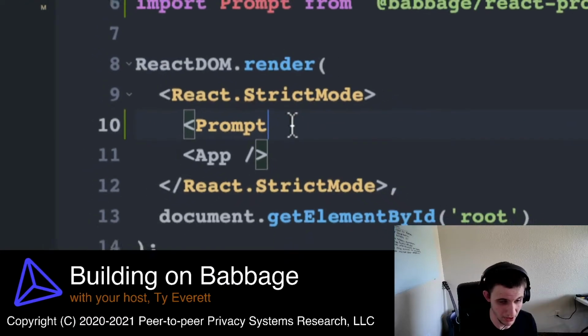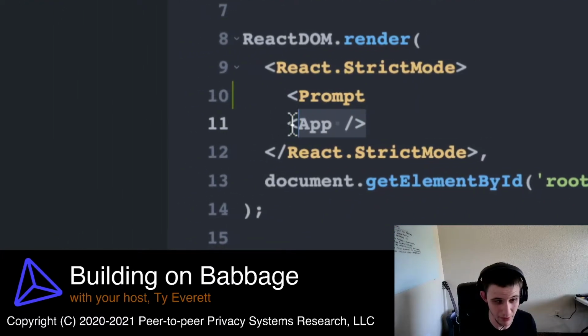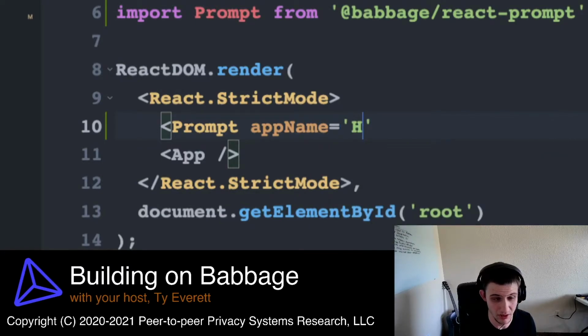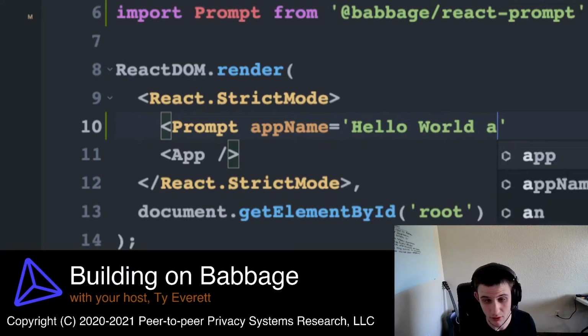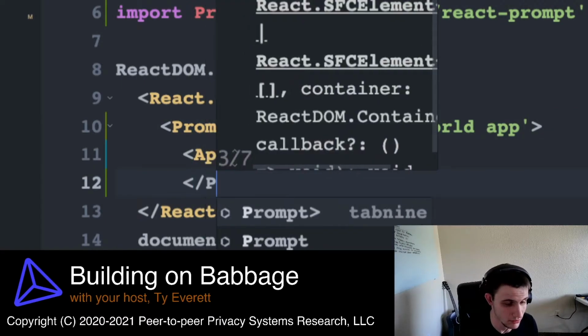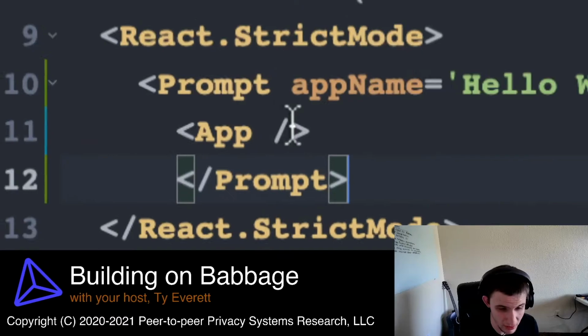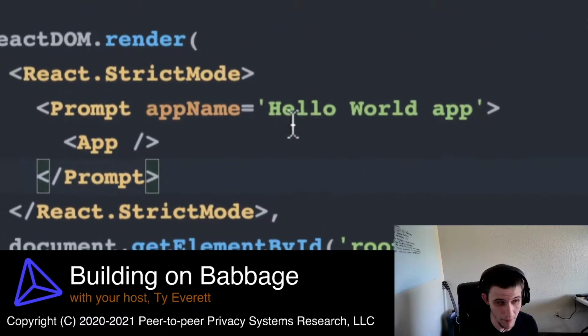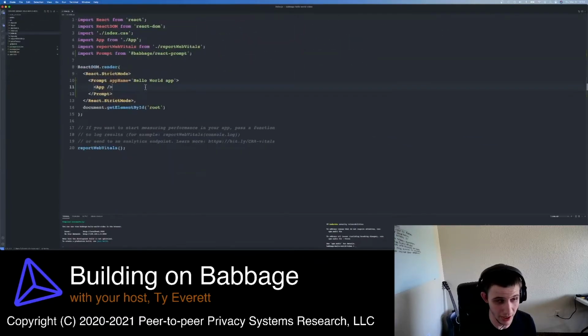So we're just wrapping the app. So this is our app. We're wrapping the app with the prompt, and we're going to say app name, and we can say hello world app. So there's that. And this is just going to wrap the prompt around the app. So now we can save this, and what should happen here, if we've done everything properly,